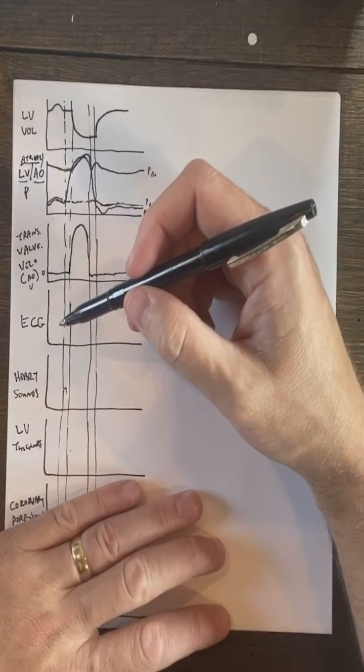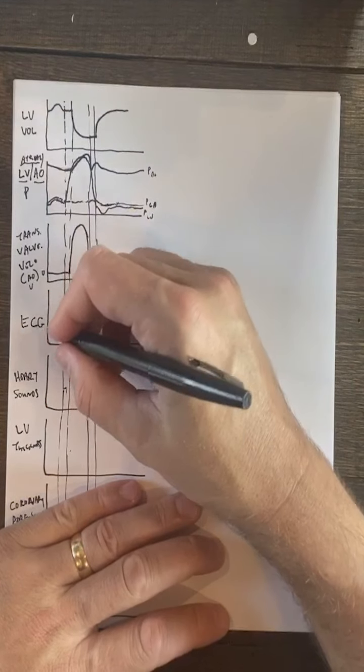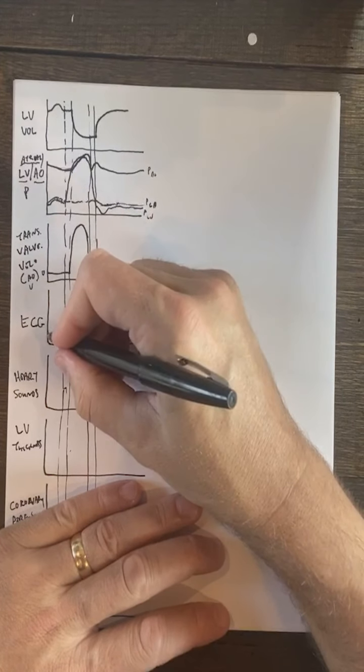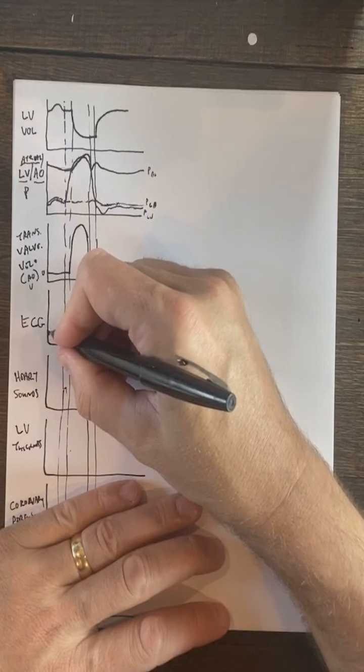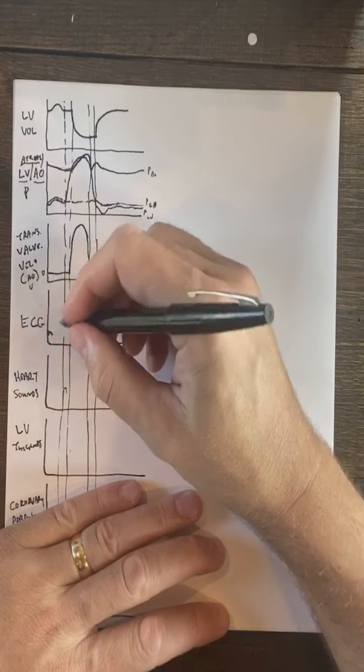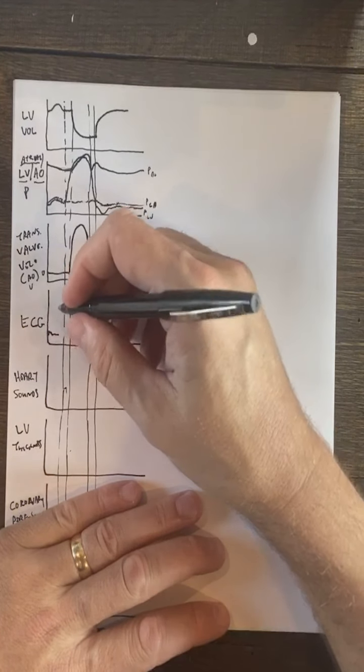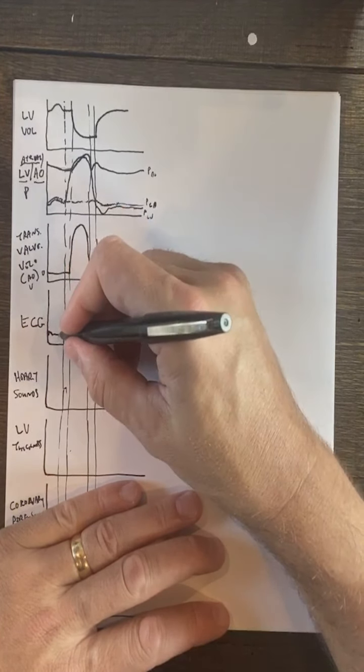Now ECG, so again, the P wave over here is going to precede your atrial kick. We've got a P wave here, and then of course it's going to have a pause with the PR interval, and then we will have the QRS complex occurring right at the onset of